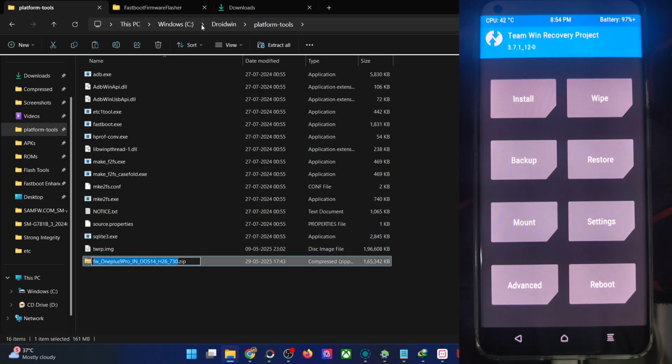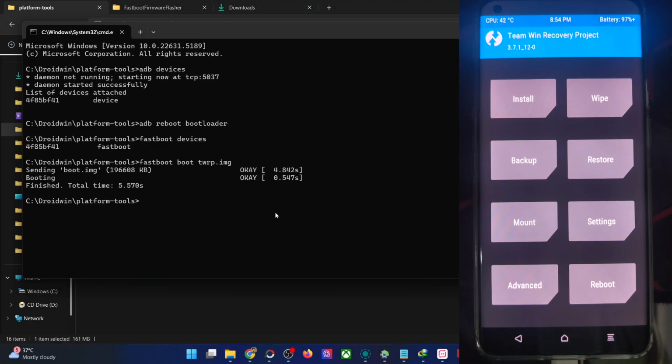And now open a CMD window, which is already there on my PC. This one. Type in the command adb push, file name, which is fw.zip, space, /sdcard. The file will now be transferred onto our phone. As you could see, it's now being transferred. It will take only a few more seconds.